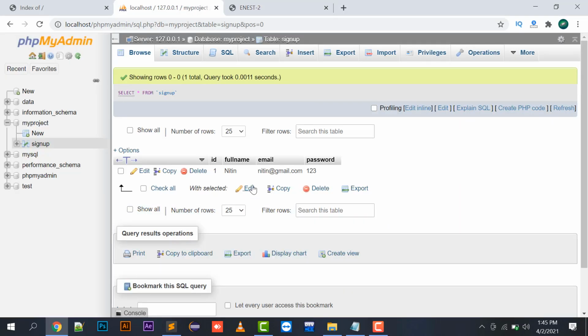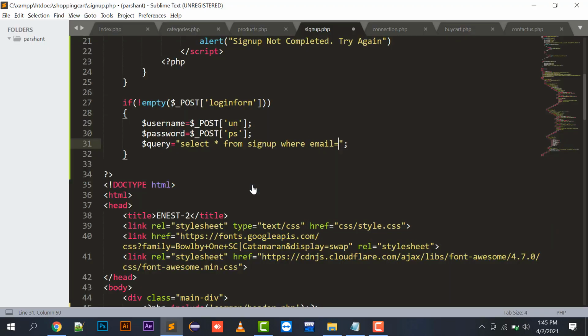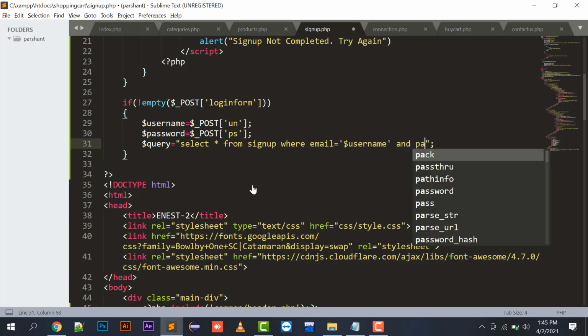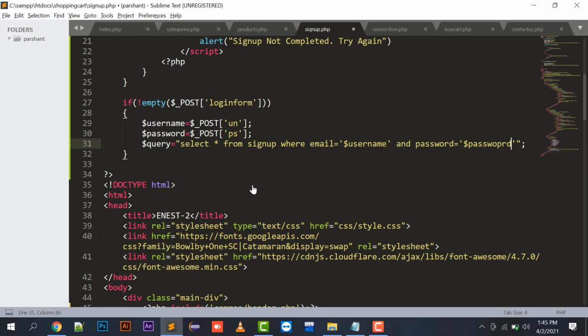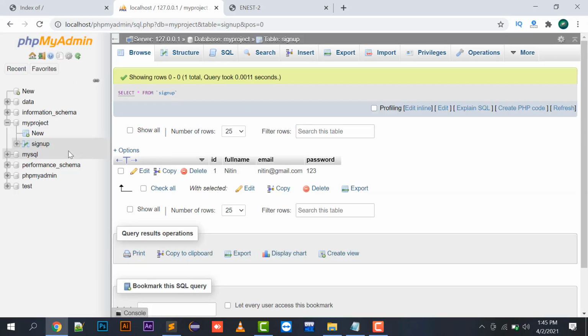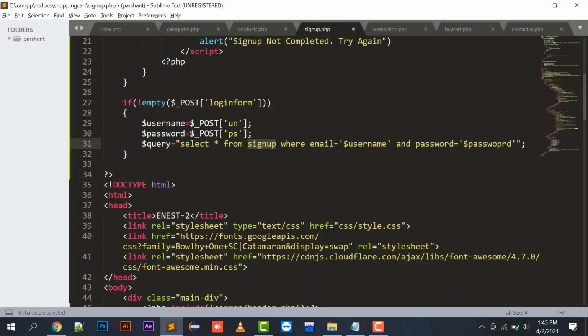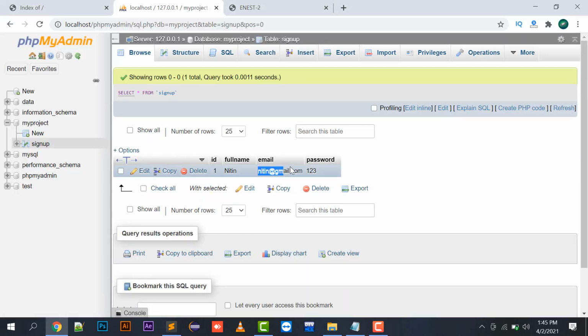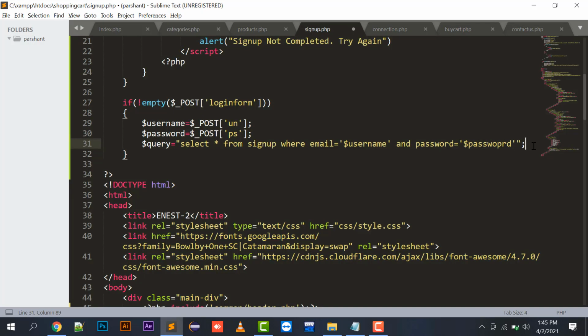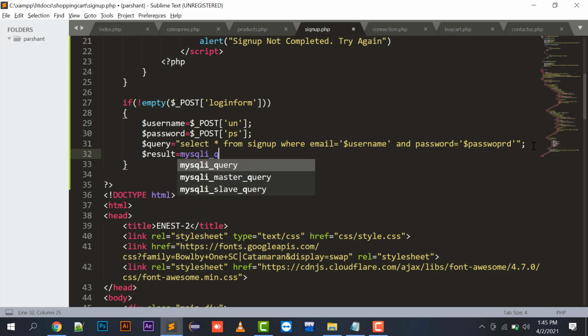Select star from signup where email equals username and password equals password. This is a query which will check: select star from signup table where email equals email, and password equals password. So if this query is executing, let's have its result.